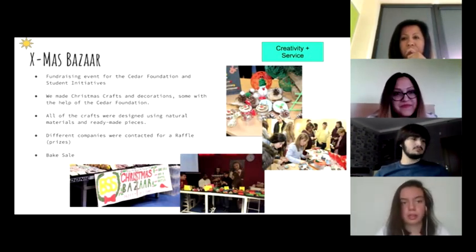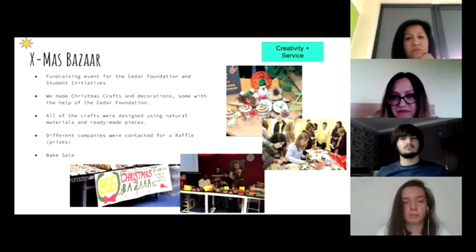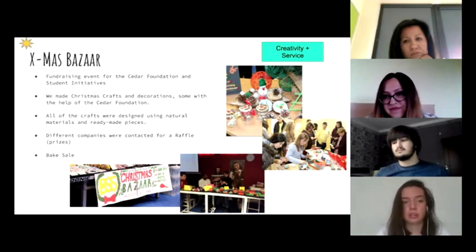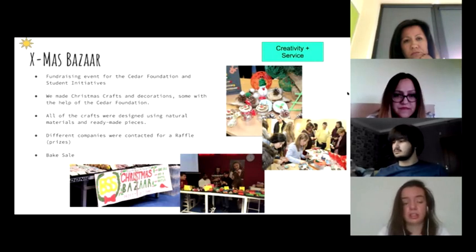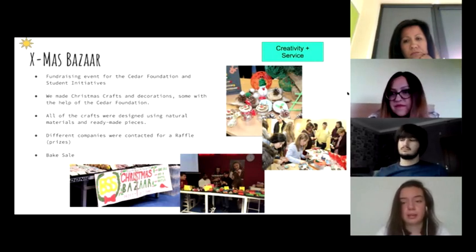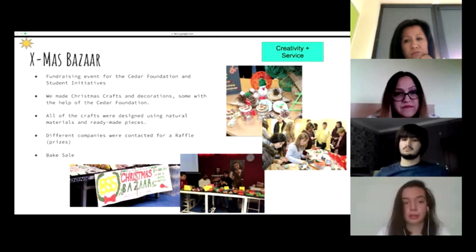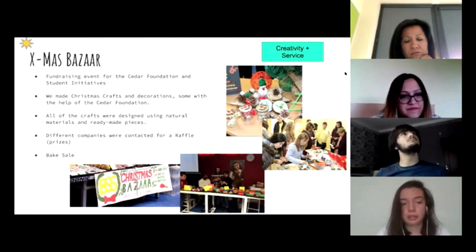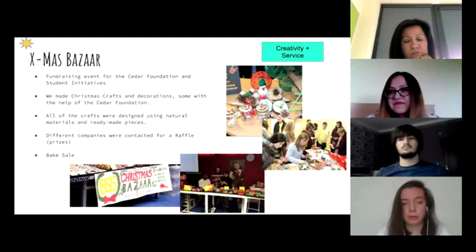Okay, so the Christmas Bazaar was the biggest event we organized at that time. It was in order to fundraise for the CEDAR Foundation and also for our future student initiatives. What this consisted of, we had to make certain Christmas crafts and decorations with the CEDAR Foundation as well. Some we did ourselves. We basically went to Jumbo, bought all the materials, and we went ahead and crafted all